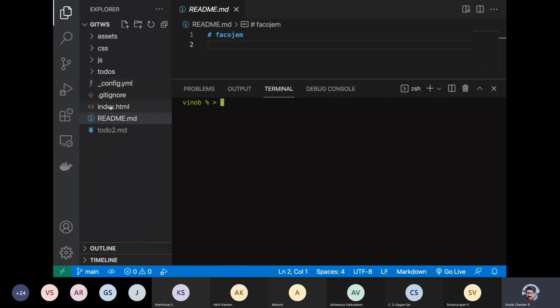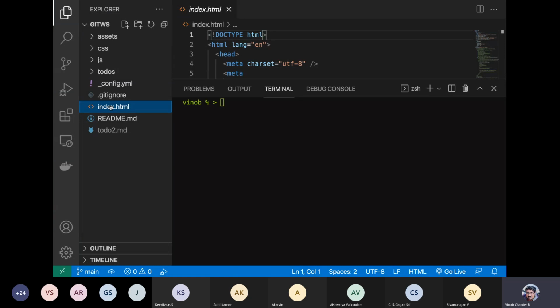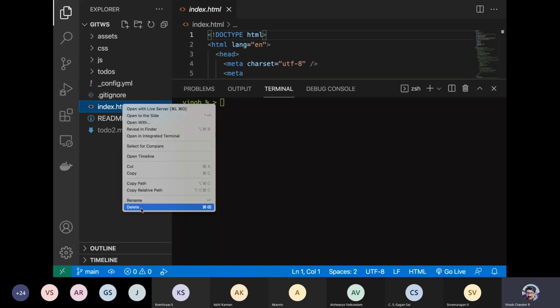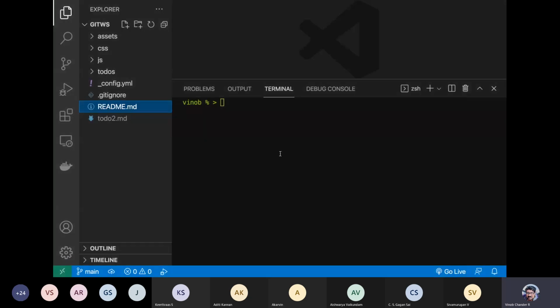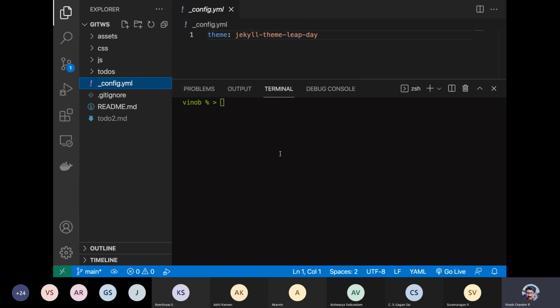Okay, let me take this index.html. So if I delete it manually, it is gone. Yeah. So now if you do a git, sorry.